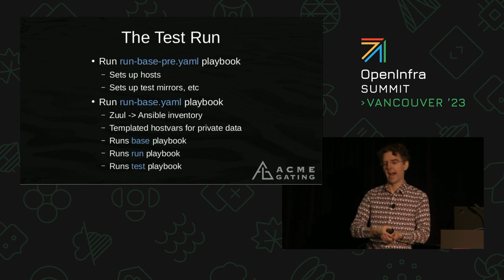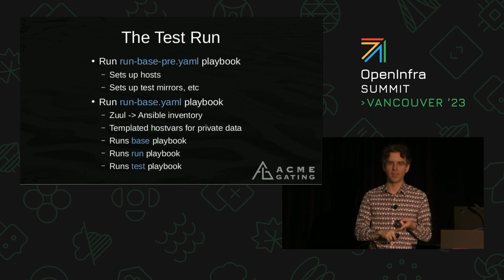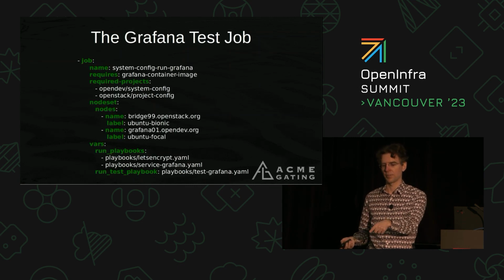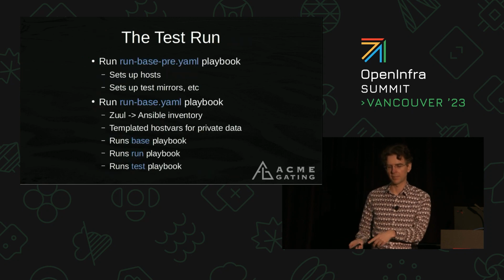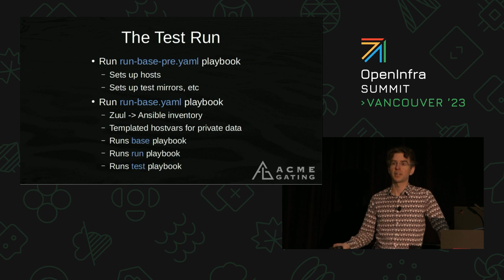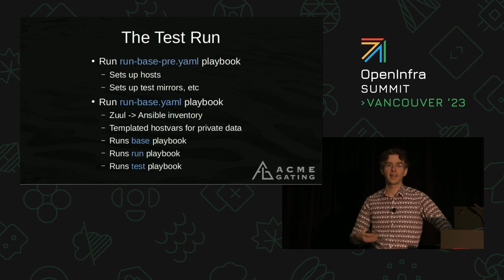Then we run the actual base playbook, the thing with the SSH keys and all that. Then we run the playbooks that we specified previously, like the Let's Encrypt and the Service Grafana playbooks. That's the run playbook that does that. And then we have a test playbook. So the run playbook is do the thing you do in production. The test playbook is